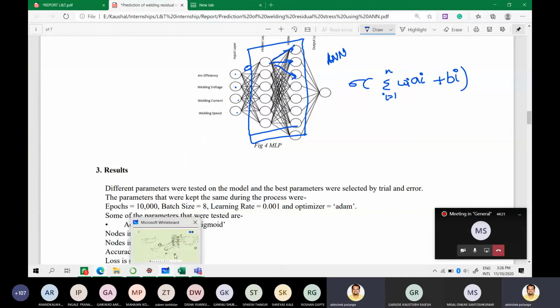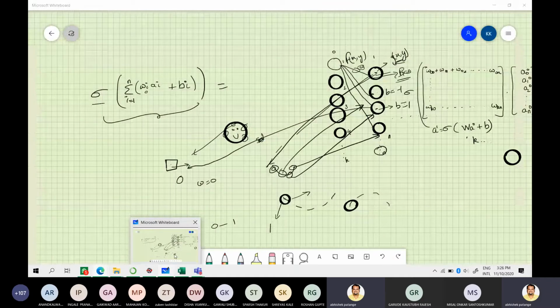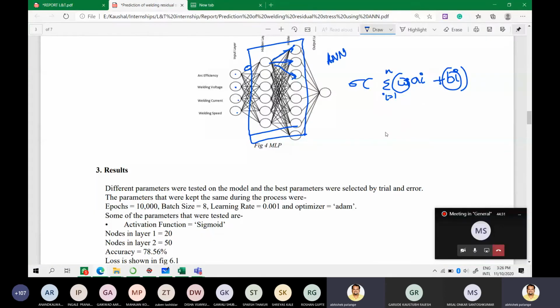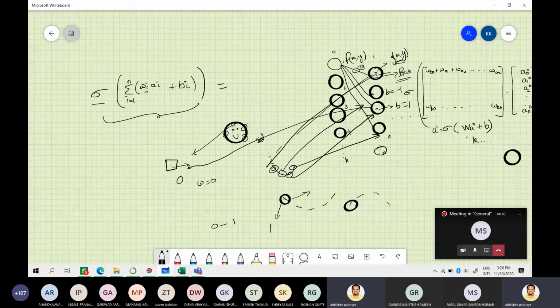And the magic that I was talking about is nothing but how you change these weights and these biases. So that is what is important. As I gave you the example of the smiley face, what is important is how the system has to decide how important this pixel is over this pixel.